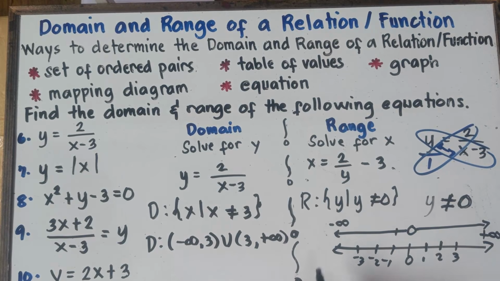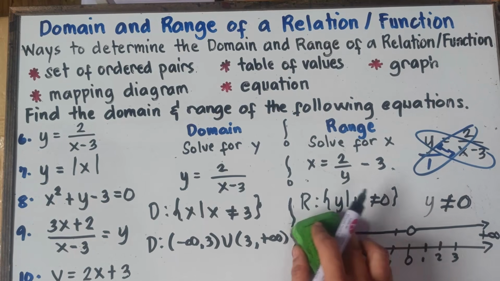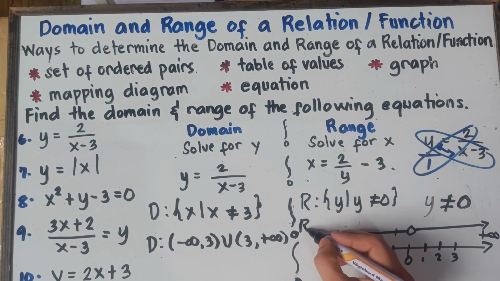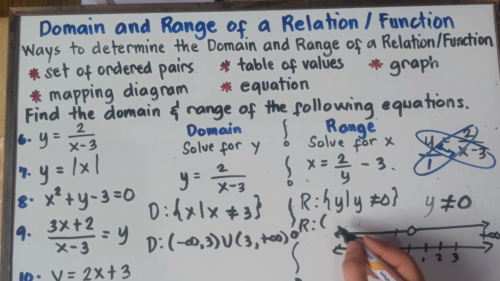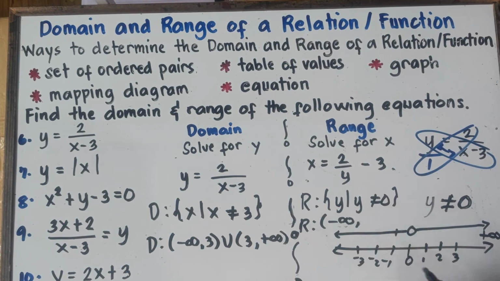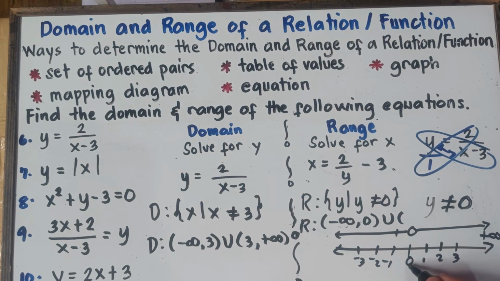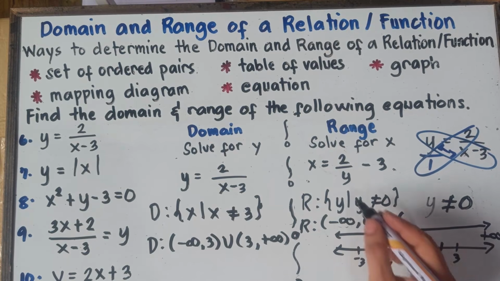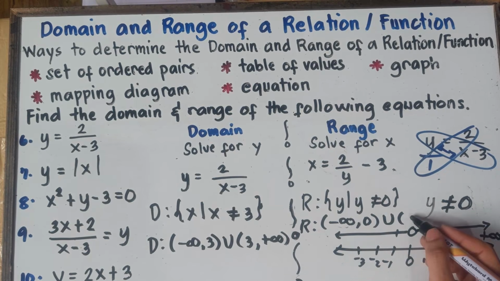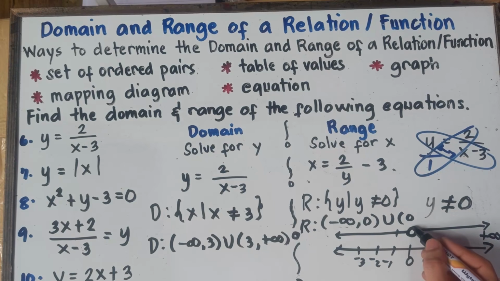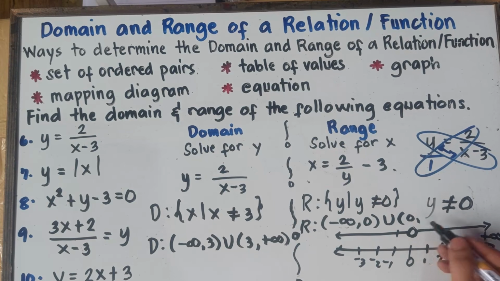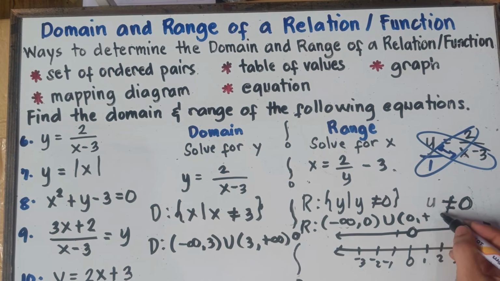Alright, so therefore, you can have this one, interval notation. Our answer for interval notation, the range, would be parentheses, negative infinity, comma, up to 0. Alright, and then union. So we have 0. Once again, that 0 is not included. Your y is not allowed to be equal to 0. So that would be 0, an open circle, which means you will be using parentheses, comma, up to positive infinity.